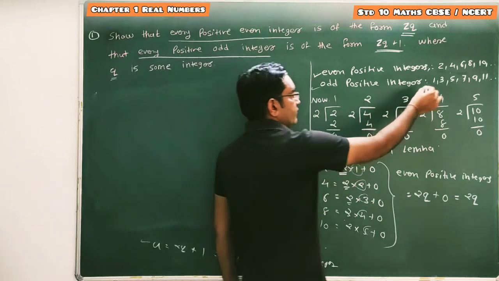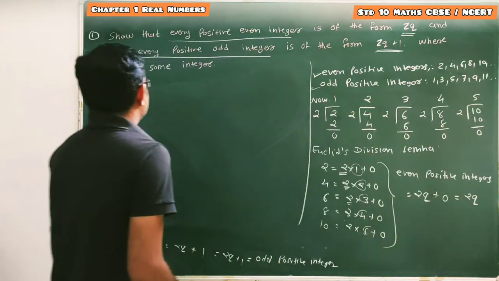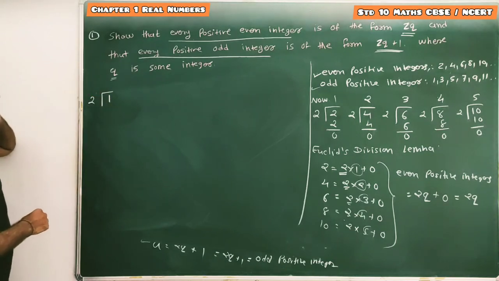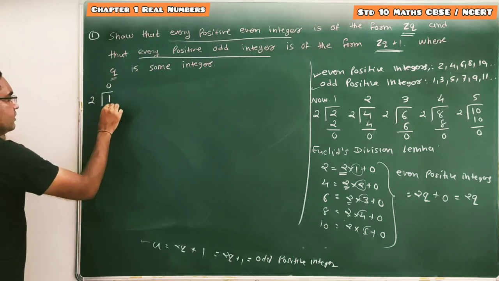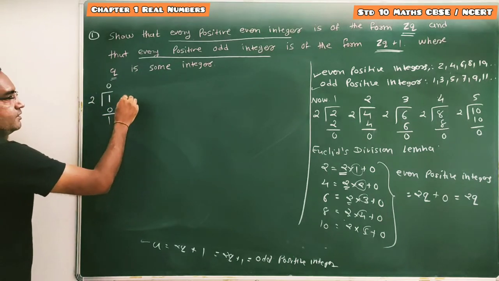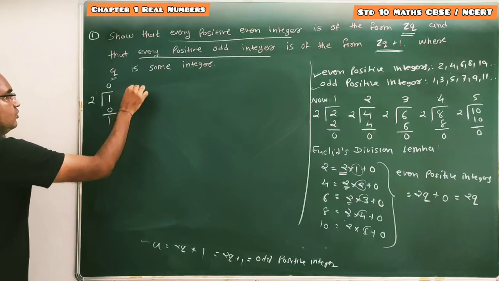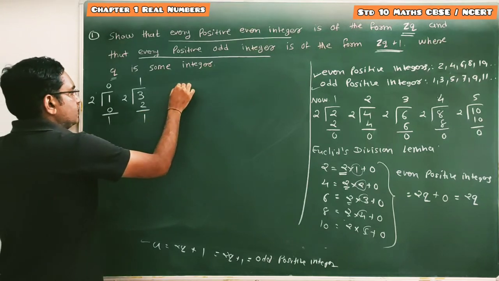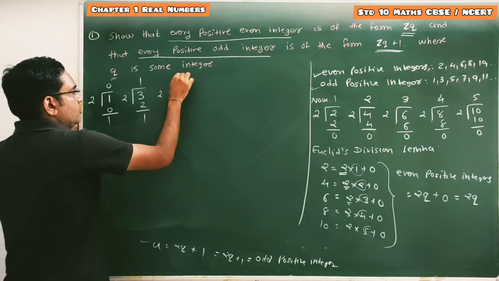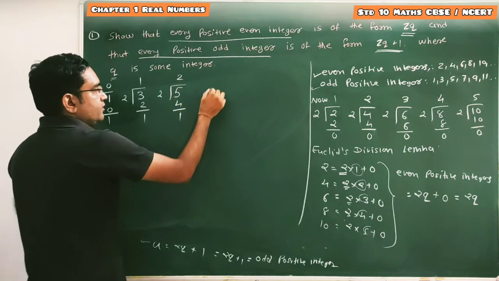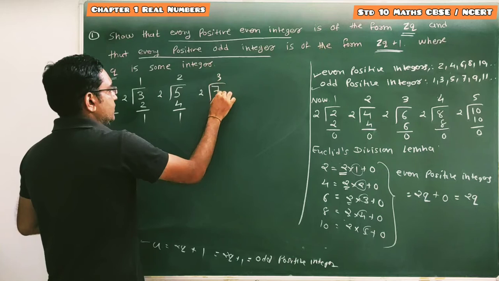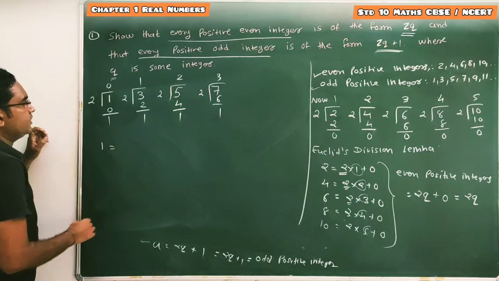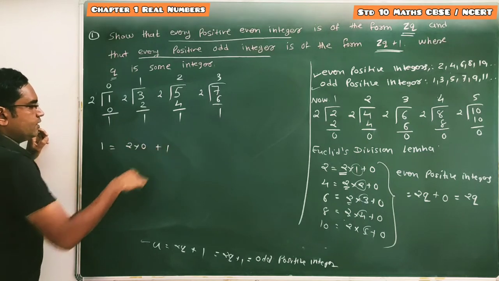Odd positive integers are 1, 3, 5, 7, 9, 11. So let's start with 1. Dividing 1 by 2, 2 zeros are 0, remainder 1. Then dividing 3 by 2, 2 ones are 2, remainder 1. Dividing 5 by 2, 2 twos are 4, remainder 1. Dividing 7 by 2, 2 threes are 6, remainder 1. So here we can say this 1 is nothing but 2 into 0 plus 1 by using